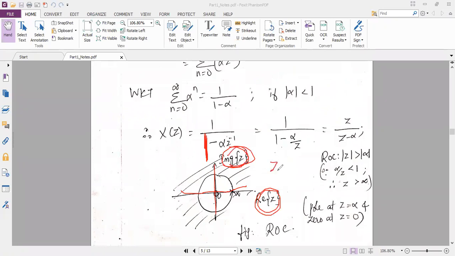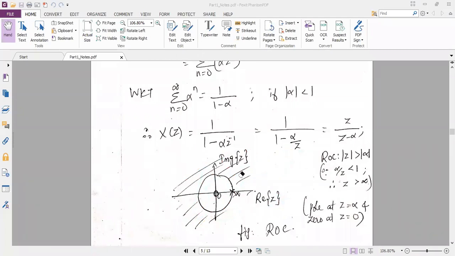Since I got the condition z is greater than alpha, you just draw a unit circle. This is called a unit circle. Unit circle means normally you will take a radius of 1 centimeter from the scale and you just draw a circle. It is always called a unit circle. So I should show the region of convergence outside the circle when my z is greater than alpha. Greater means I'll be having the region of convergence outside the circle. Are you people understanding it?